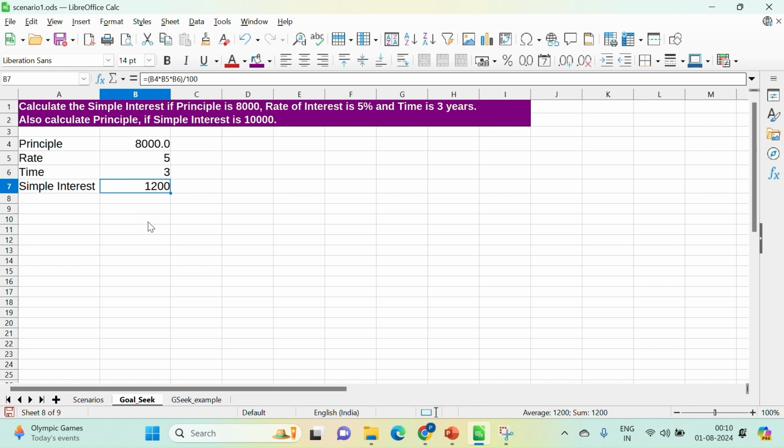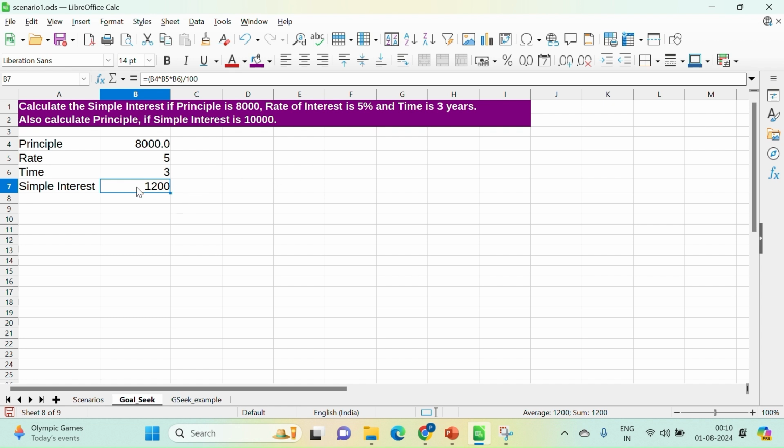Now there are certain situations where we have the output which is required to be obtained, and on the basis of the output that we are seeking, we have to make the necessary changes in the input values. You may call it backward processing, unlike a scenario in which we had the input values and then fetched the output. But in the case of GoalSeek, we focus on the output and then how it is to be achieved by manipulating the input values. That is what is done in the GoalSeek tool.